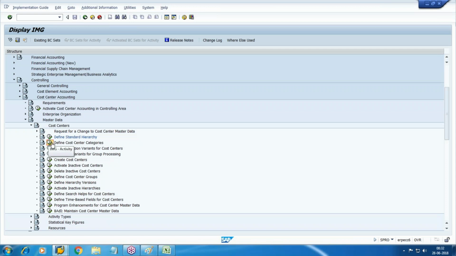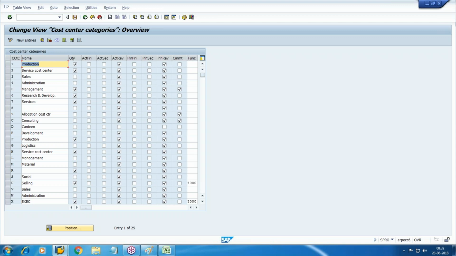Then different cost center categories are there. SAP provides different cost center categories like production, admin, service, and some virtual cost centers also we are going to add here. Actually, department is not there. For cost calculation and allocation, we need to do this. You can see one category is also there, allocation cost centers. Why are these categories important? Because on the basis of category, different field settings of the cost center will be applicable. We are going to use the standard categories. If you want to create your own category, you can do that also. Next,